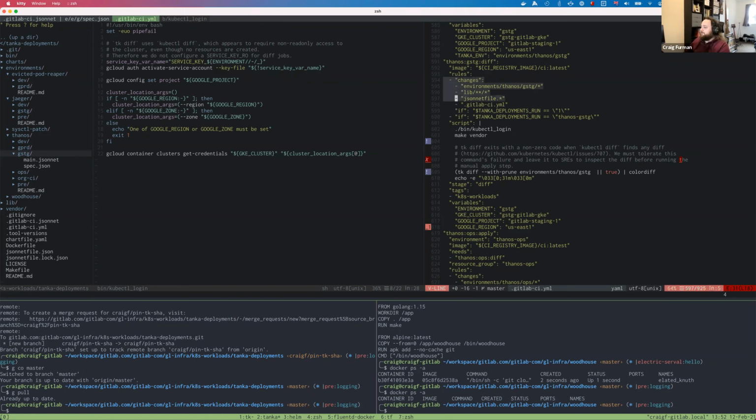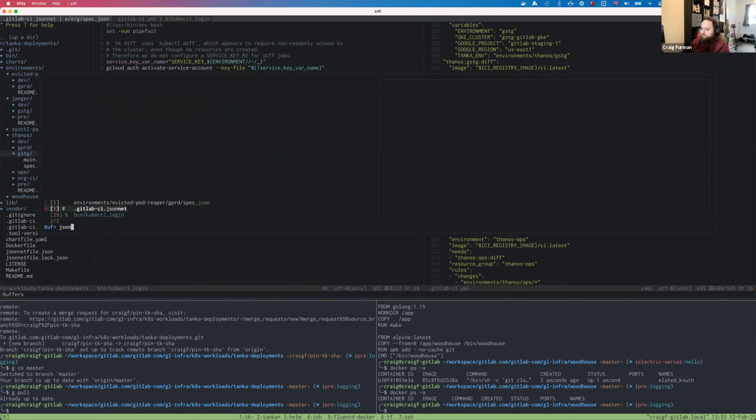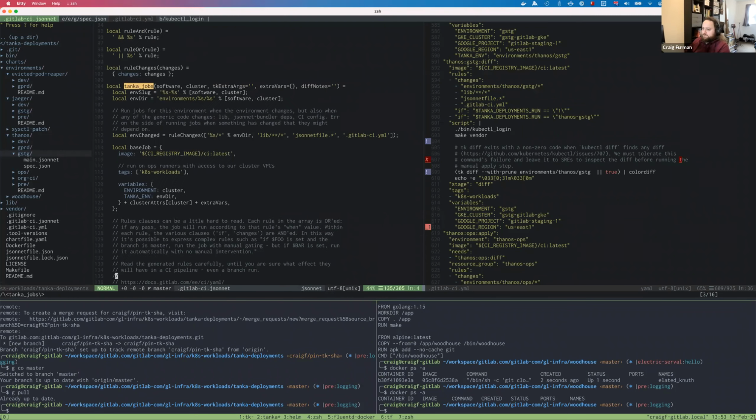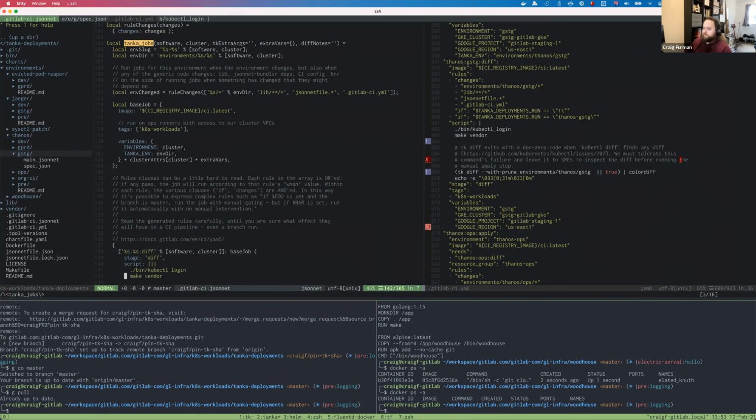So because of the complex rule stanza, because of the need to control, I know I replaced tanker env with this, but because of the need to template a little bit of stuff, we very quickly realized that doing that with the abstractions provided in the GitLab CI YAML was maybe not going to be quite as nice as just simply serializing this. Yep. So tanker jobs is a meaty-ish Jsonnet function